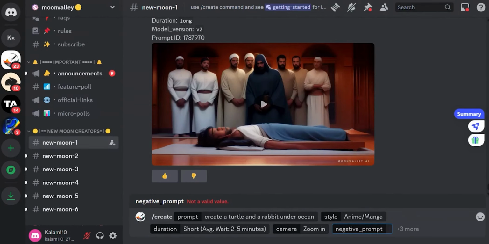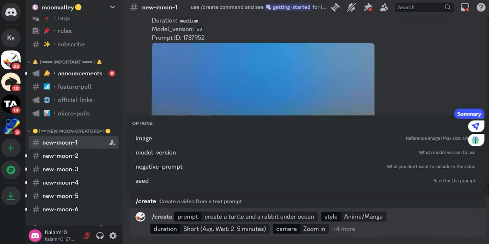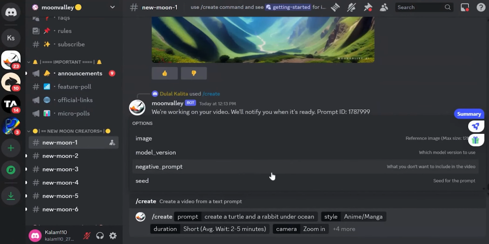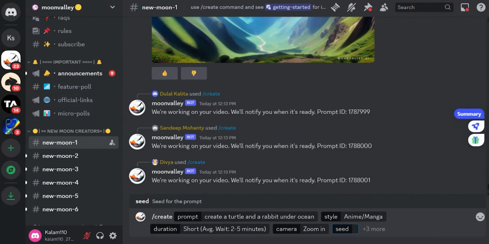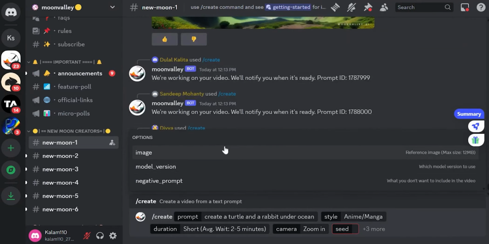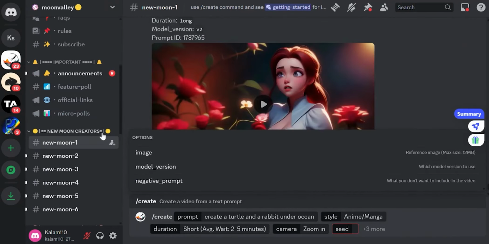आई थिंक हमारे प्रॉम्प्ट में कुछ दिक्कत आ रही है. Okay, it is asking for a reference image which we don't have.